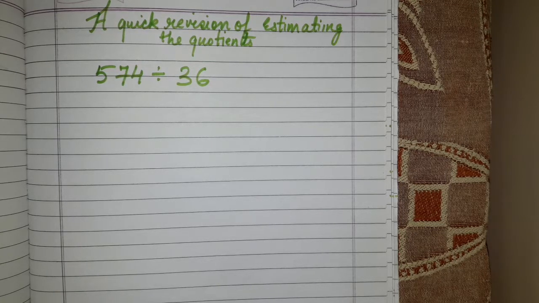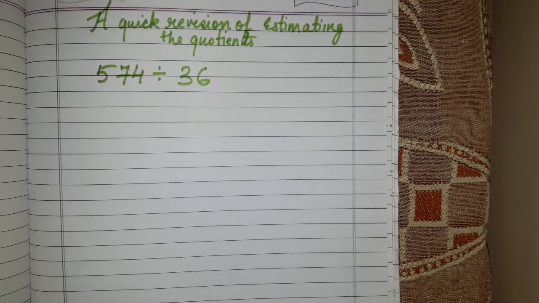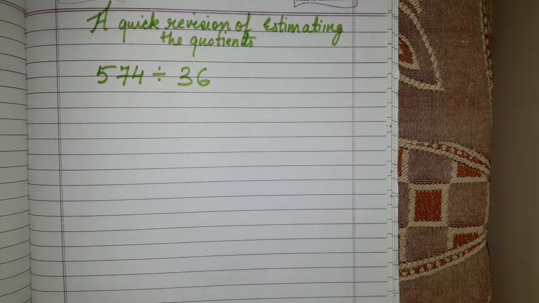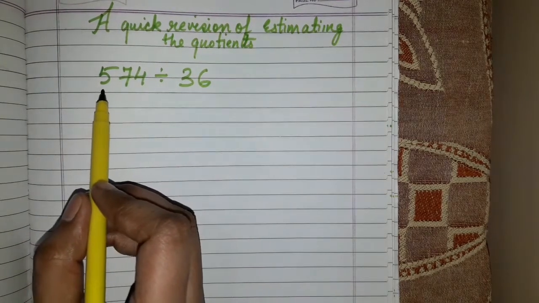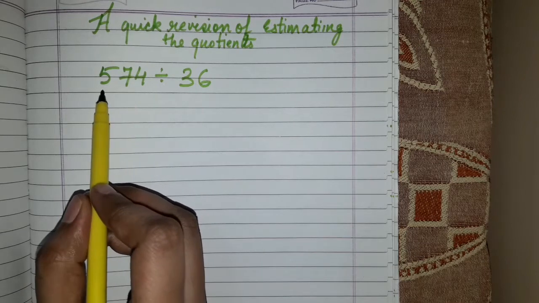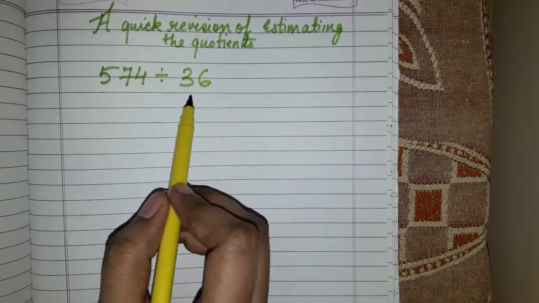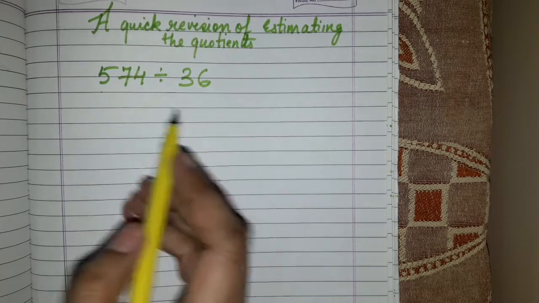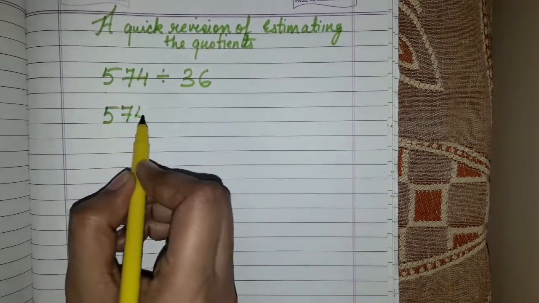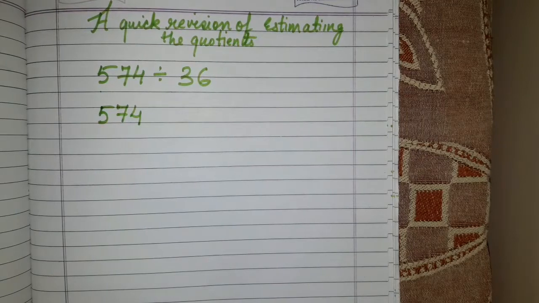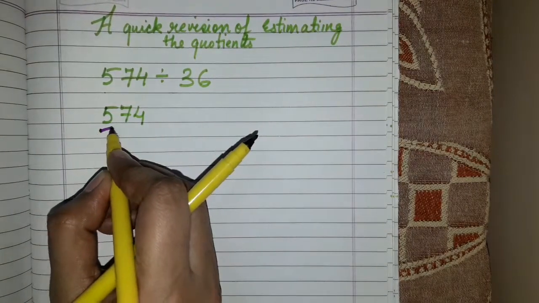In such a case, what you will do and how you will do it, I'll be teaching you again in this video. So suppose now I have a number that is 574 divided by 36. Now in this case, how will I understand till where I have to round off? So the solution is simple. This number is given in hundreds, because it is 574. And this is a number given in tens, this is 36. So if a number is given in hundreds, that means it has to be rounded off till the 100 place value.